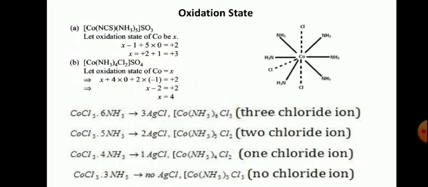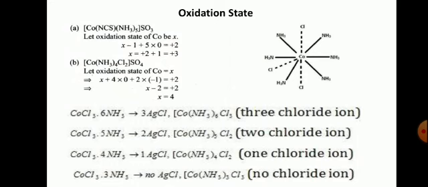Now how to calculate the oxidation state? Let us consider the oxidation state of cobalt to be X. So cobalt will be X. Now, as isothiocyanate is a negative ligand, you can understand that by the name also. It's isothiocyanate, 'o' is introduced as a suffix, so it's a negative ligand. So it has a -1 valency. And ammonia is a neutral ligand, so it has 0 valency.